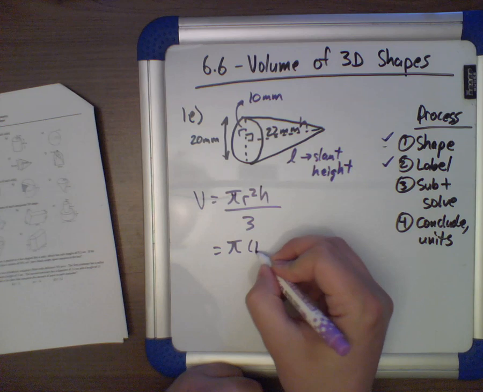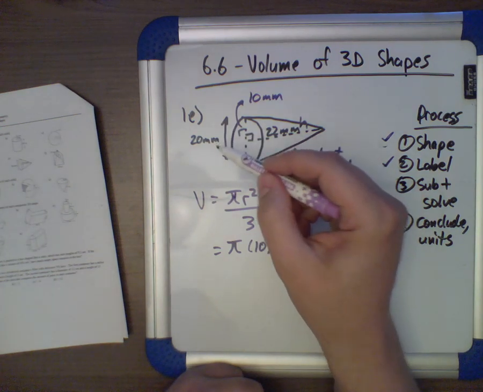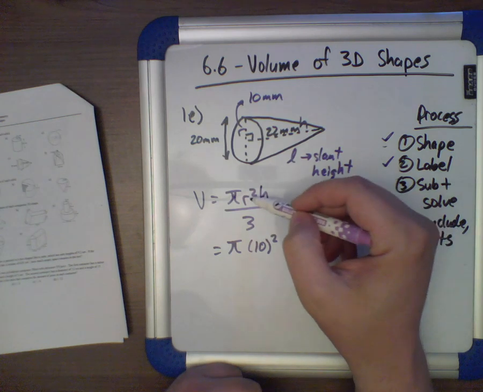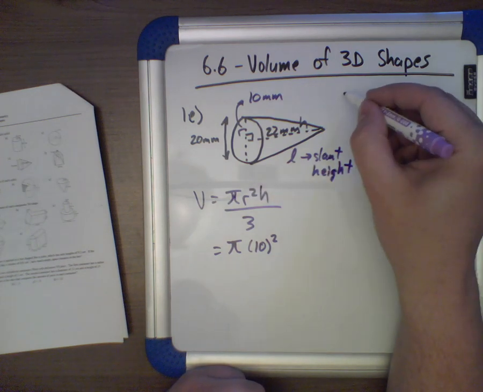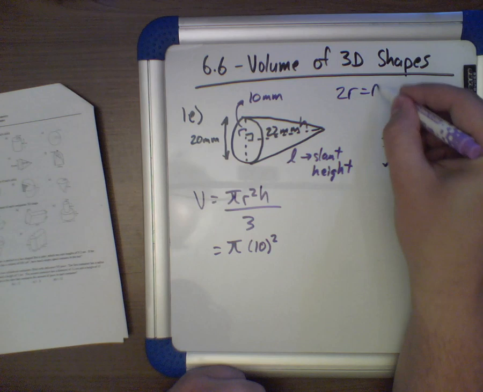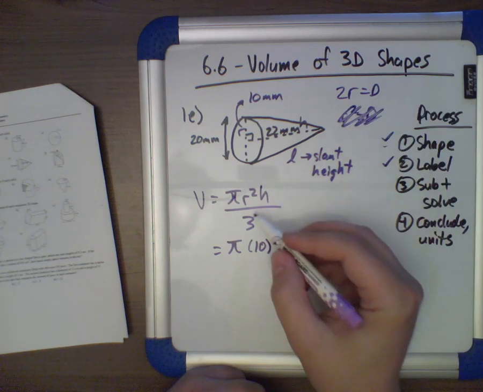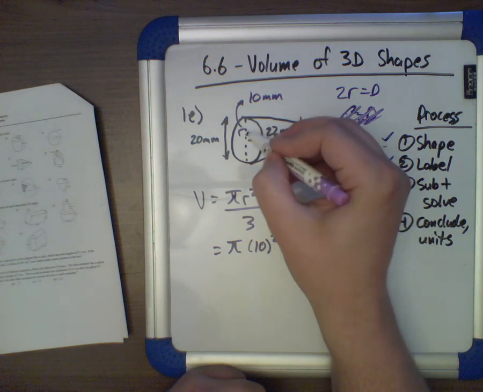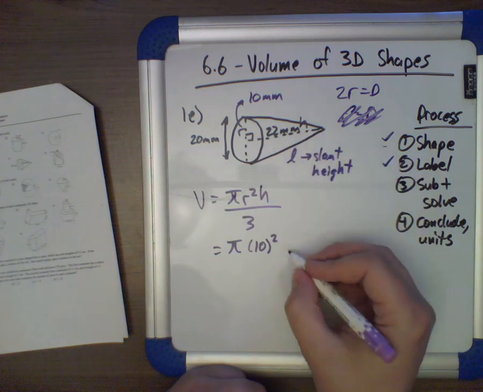Radius is, we just said it was 10. Be careful here. This is the diameter. Don't plug 20 into your equation. And r squared, because like 2 radiuses is the diameter. That's radius plus radius. So 2 times the radius is the diameter, not radius squared equals diameter. So be careful. Radius squared means take the radius, which is 10, and then square it. And the height we have here is 22